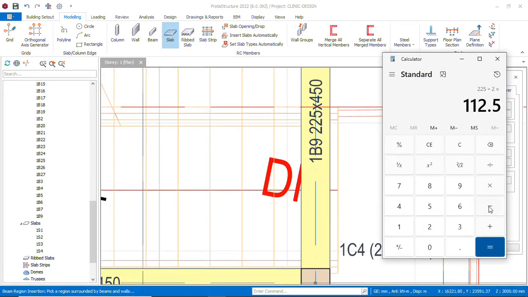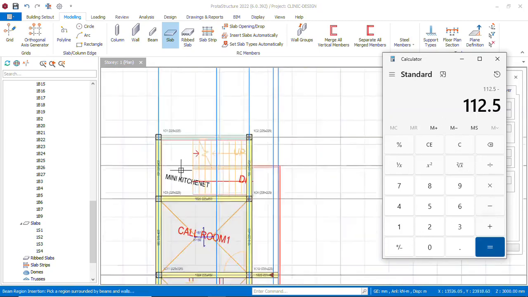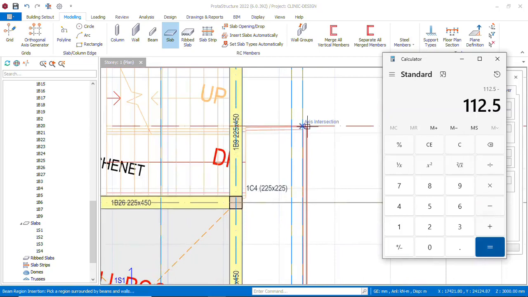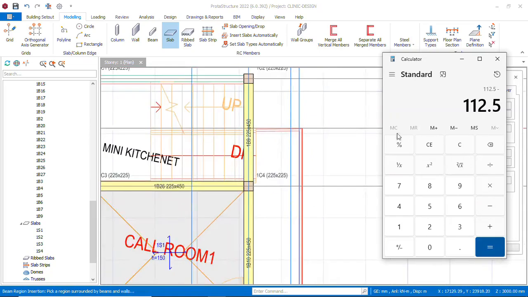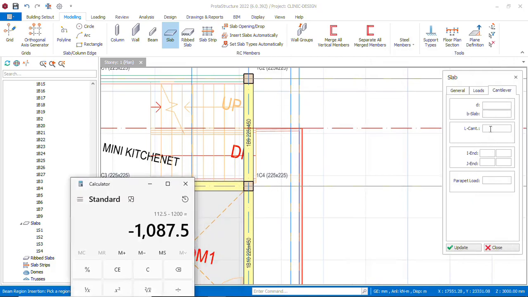Then you subtract it from the cantilever. The cantilever from here to here is 1200, so minus 112.5, which gives 1087.5. 1087.5. We can type here cantilever length